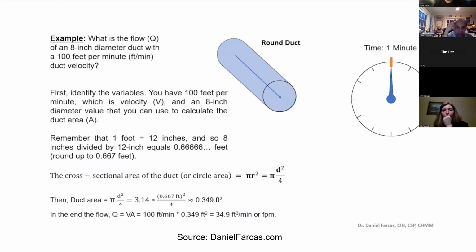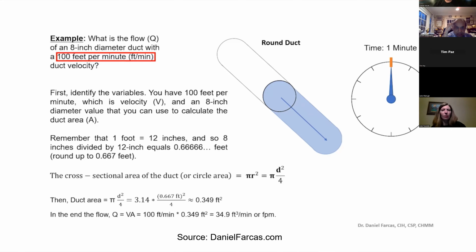For example, what is the flow of an 8-inch diameter duct with 100 feet per minute duct velocity? The first step is to identify the variables. We have 100 feet per minute, which is velocity, and an 8-inch diameter value that we can use to calculate the duct area. Since 1 foot equals 12 inches, 8 inches divided by 12 equals 0.666 and so on feet, which will round up to